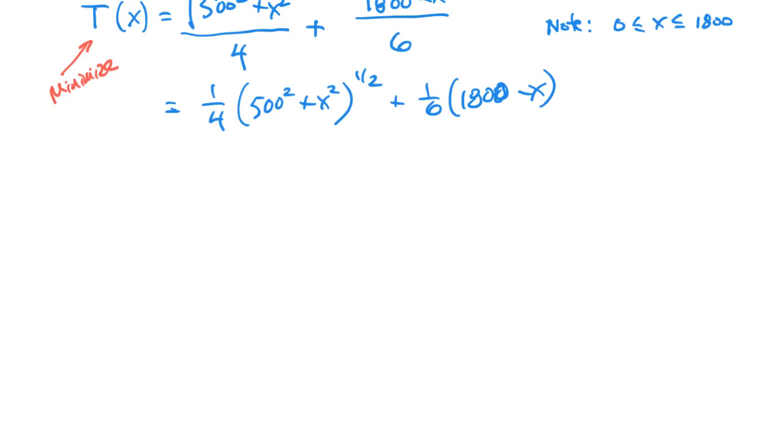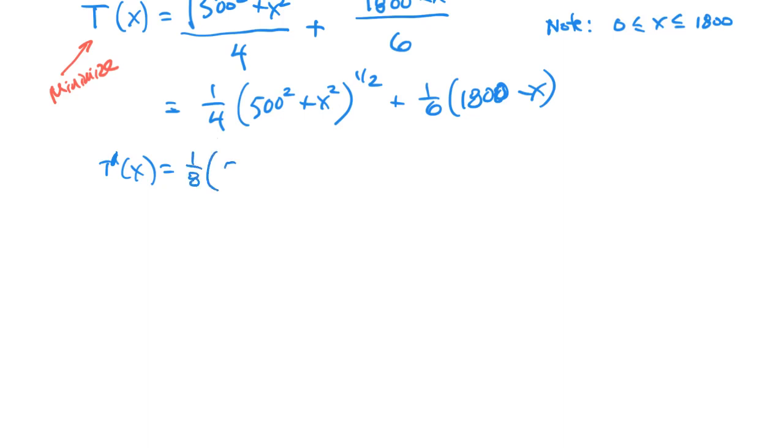And let's go ahead and find T prime of x. So we've got the power rule, 1/2 times 1/4. So we go 1/2, this to the 1/2 minus 1, right? So you get 1/2 this to the minus 1/2. And this is not plain old x, so then we need to take the derivative of the inside by the chain rule. So T prime of x will give us